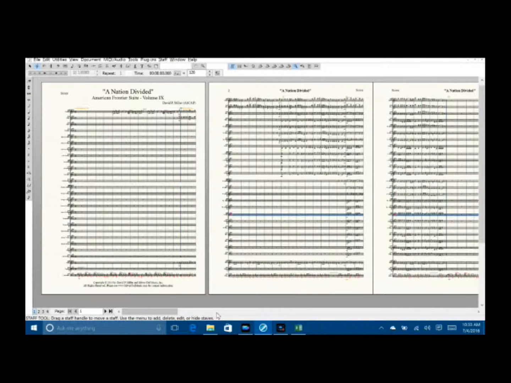Now when you print this out on paper, of course it's going to be too small to read, because when you put 20 some odd staves on one piece of paper, it's too small to read. But we're going to print this to a PDF file, and people who are studying full scores, and that's the only reason you really need a full score, is for score study. You can blow up a PDF file about as big as you want. Okay, we have this done now. This is good enough, I think.